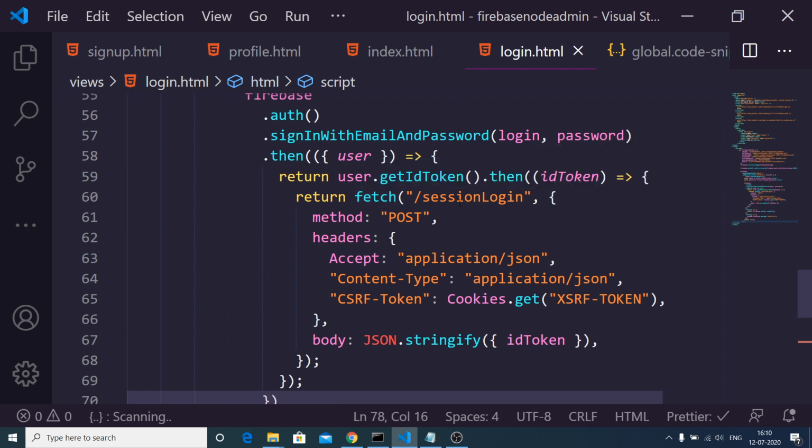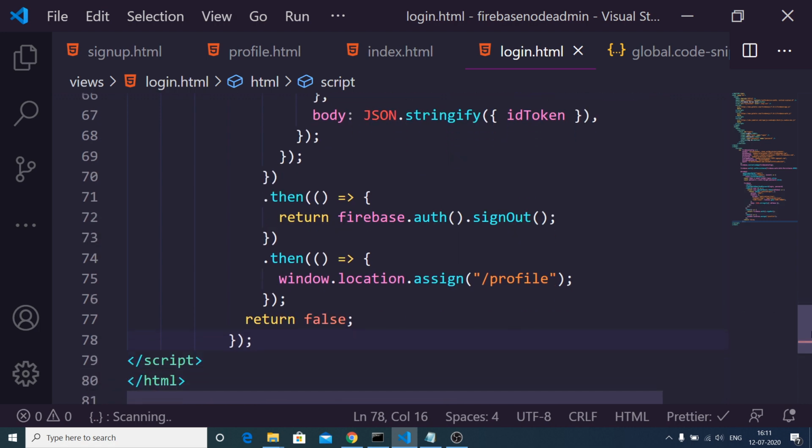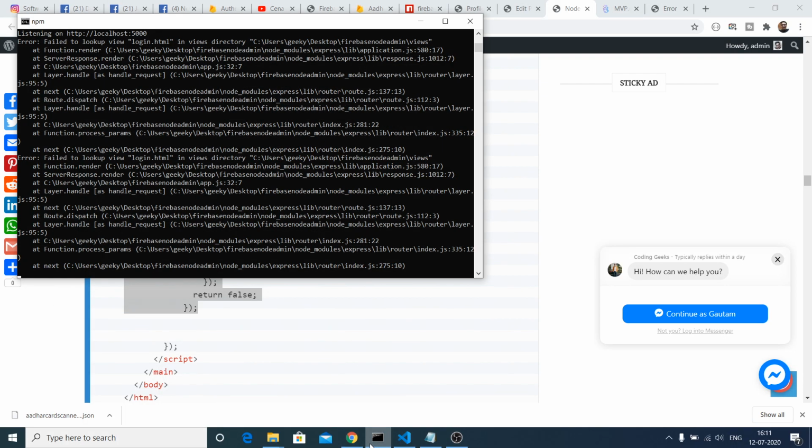And again we are making a post request to slash session login, passing these headers, passing this CSRF token. We are getting it from the cookies.get, and inside the body we are passing the token, and once again we are redirecting the user to slash profile, and now the application is complete.